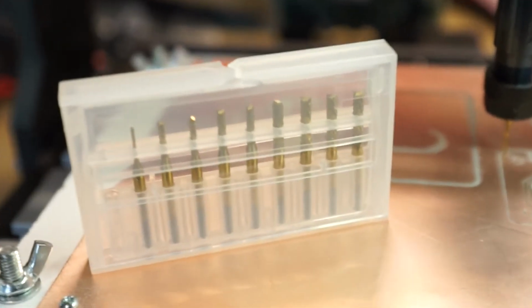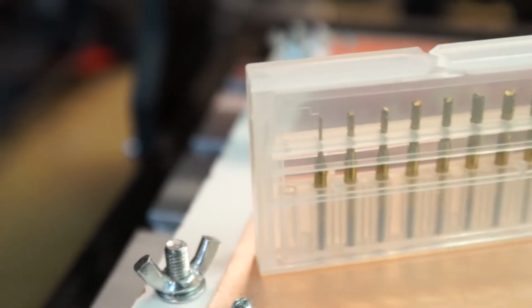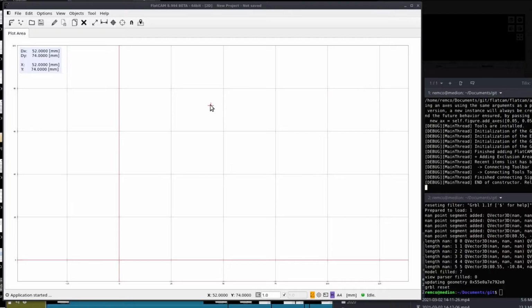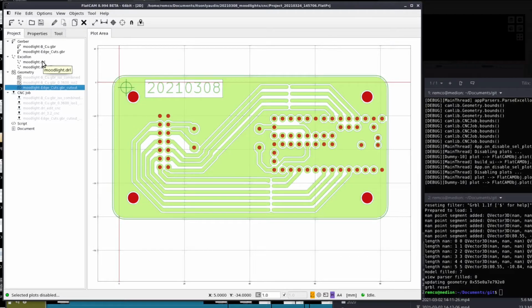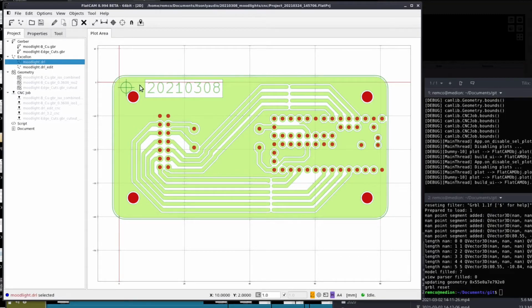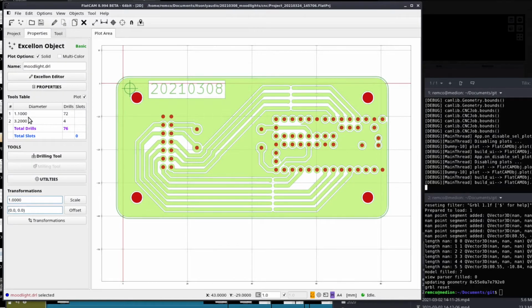I have finally taken delivery of a set of drill bits, 2 of each, because I'm fairly sure I'm going to destroy them. Alright, I have discovered a few other things that I'm documenting for you as much as for me. So here we have the drill layer, and when you open that up in the drill editor you will see that there are 2 tools, and if you will generate CNC code like this, it will tell the CNC machine to